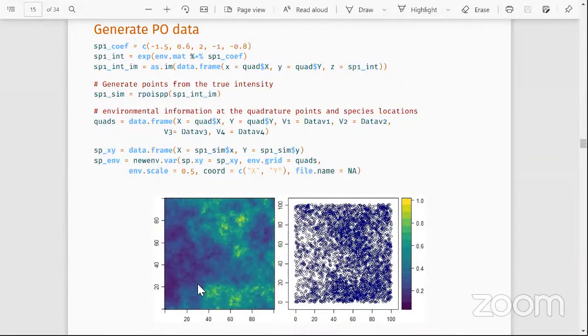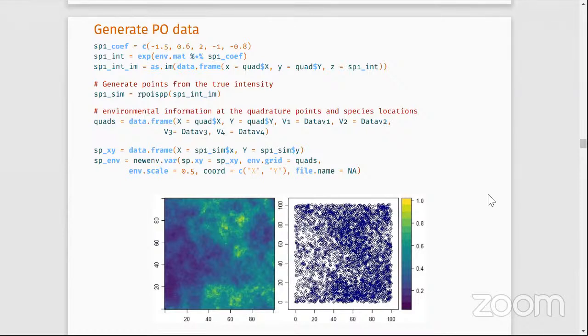This intensity is presented just below on the first map here, and you can basically sample points using some function from Spatial for creating your Poisson point process with this function. And it displays the plot on the right here. But this is not a direct sampling like I want. It's just a random creation of points according to a Poisson process. Now, if we want to do a sampling, I need to get the information at the quadrature points. So in the background of my environment, I have defined a data frame with the different environmental covariates